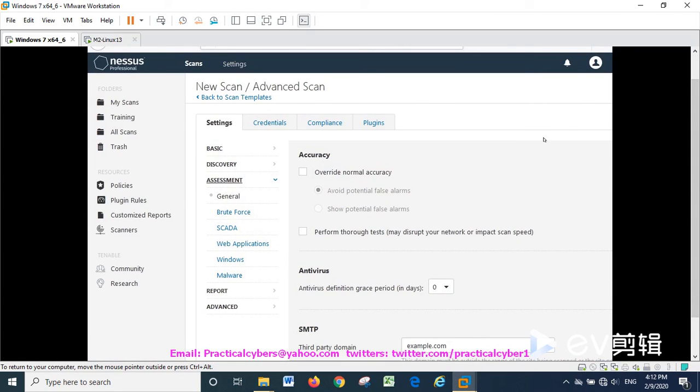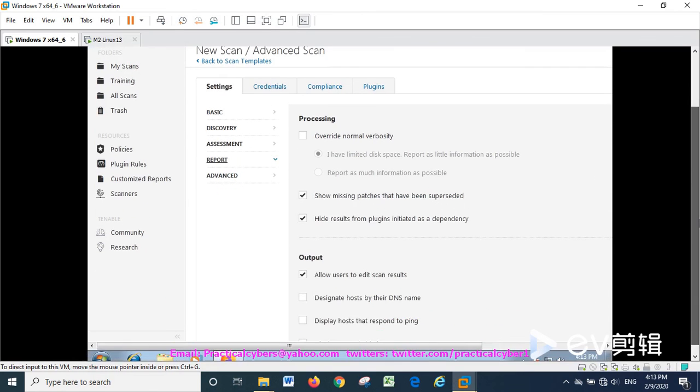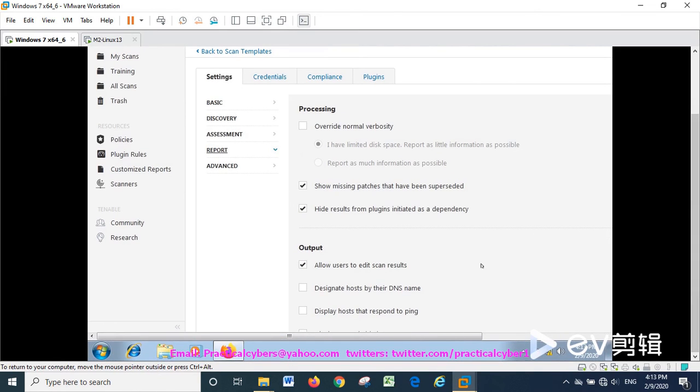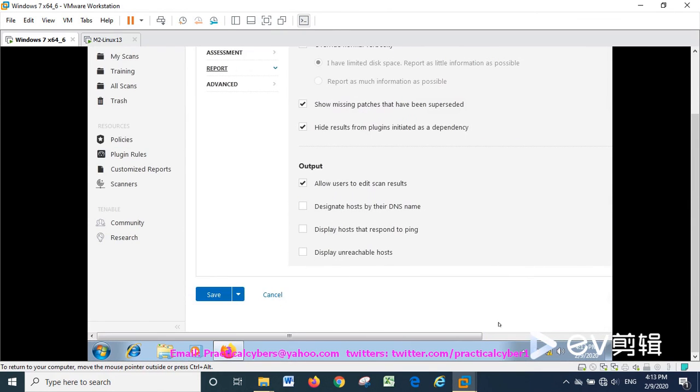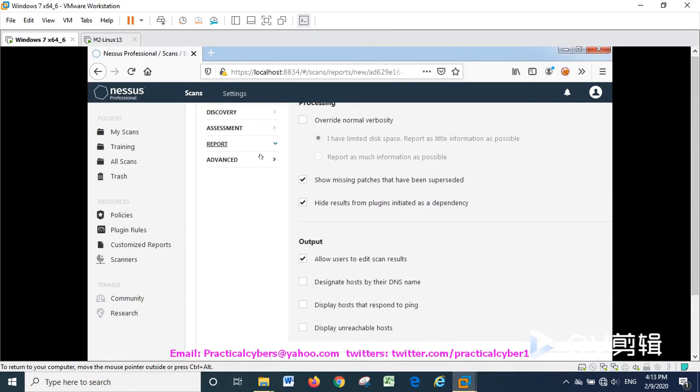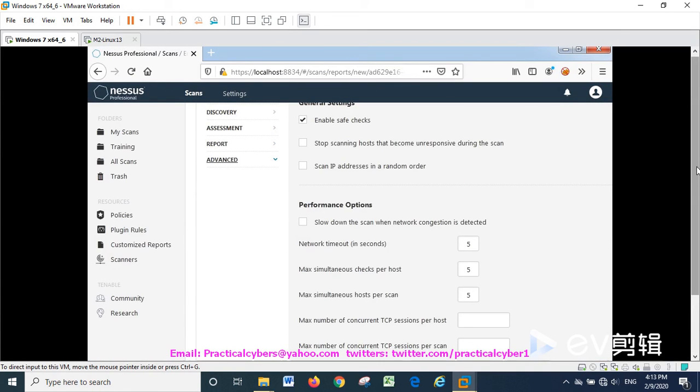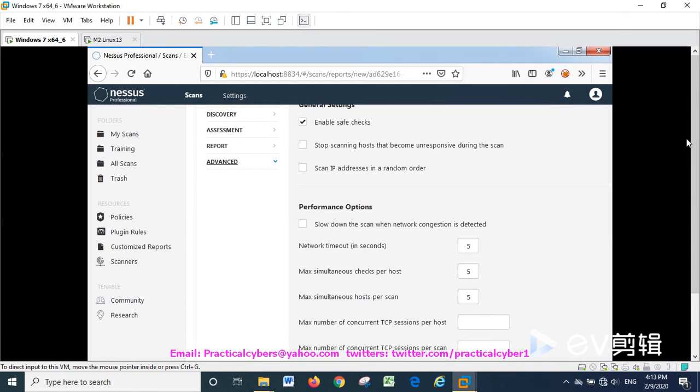For assessment tab, we can leave the default because we don't want to do any complex setting, for example, malware and brute force attack. Next, advanced tab. So normally we will see for your general setting for enable safe